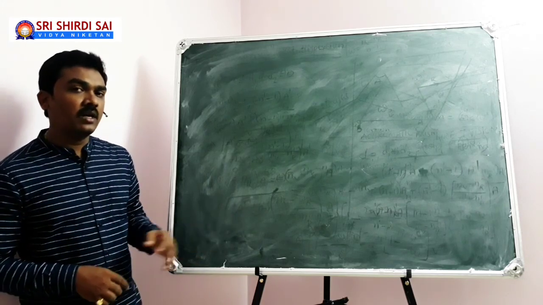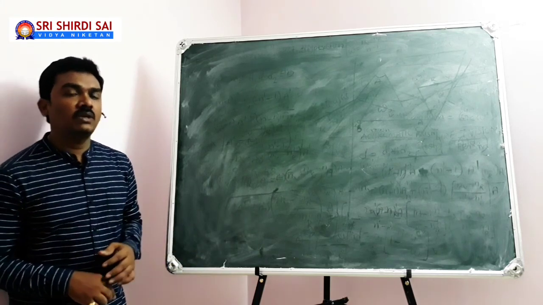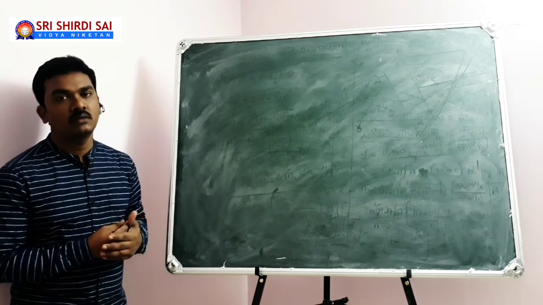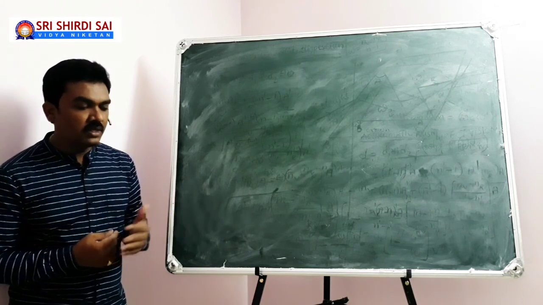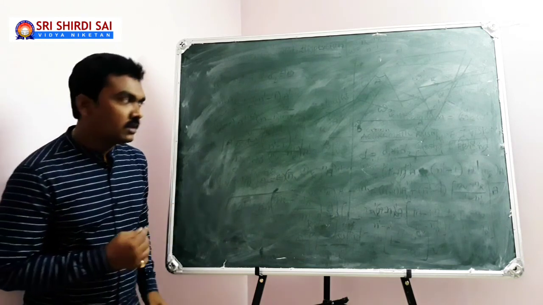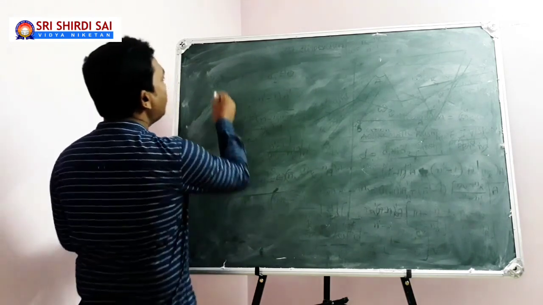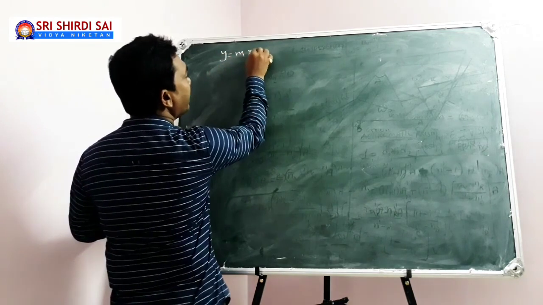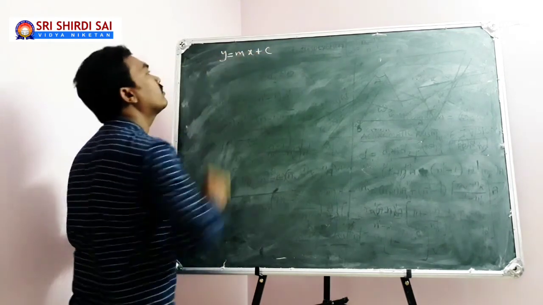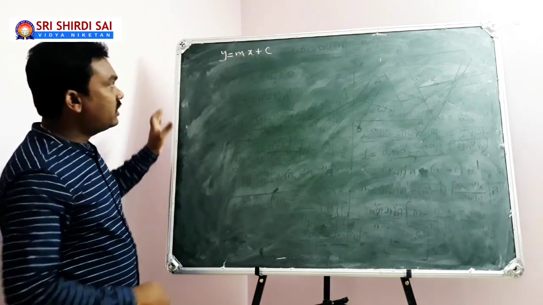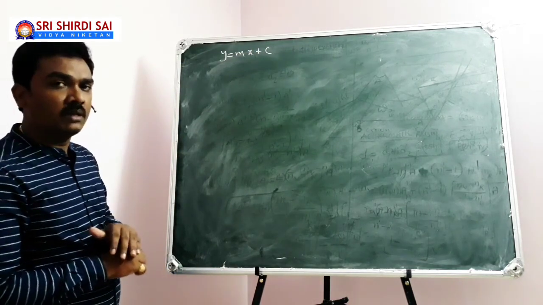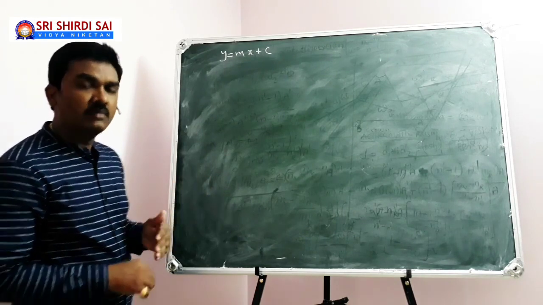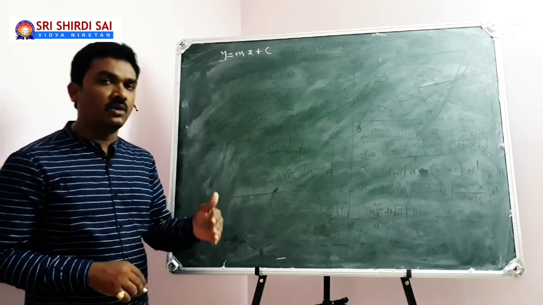So coming to our regular concepts, our topic is all about mathematics in physics. While dealing with mathematics in physics, in the last class we dealt with one mathematical equation, y equal to mx plus c. For this standard form of equation, the graph is a straight line which is not passing through the origin.